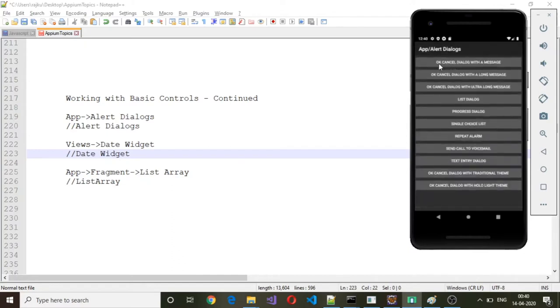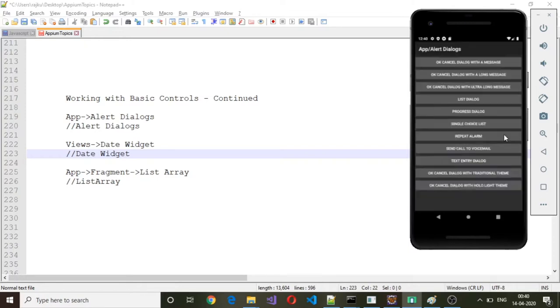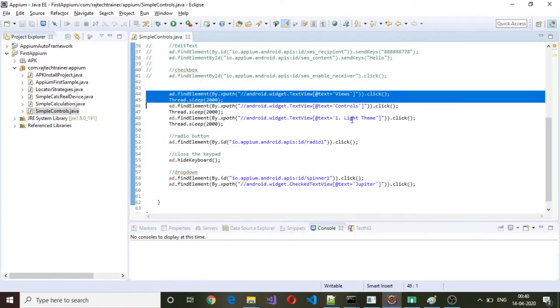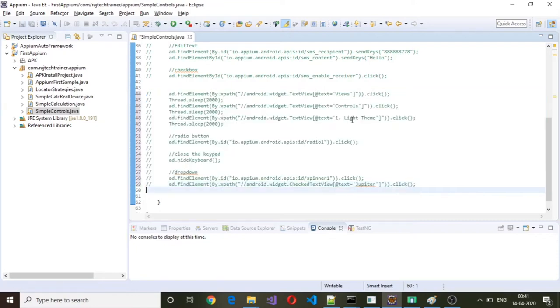Okay, we will click on OK cancel dialog, and there will be a dialog which opens up, and we will click on OK. Okay, first thing is we need to click on those two items. So let me comment out the test cases which we have done earlier. Okay, so whenever this opens up, we need to